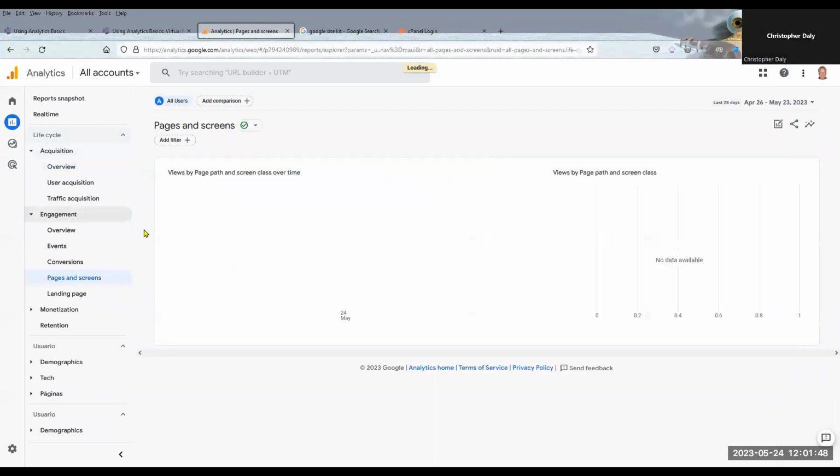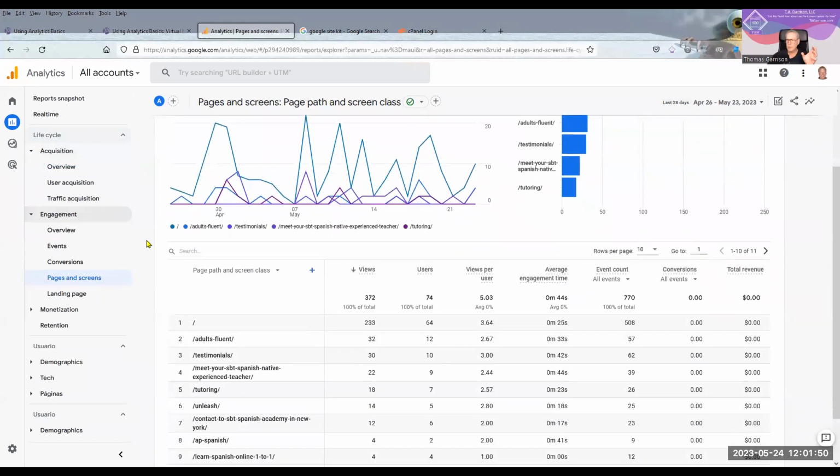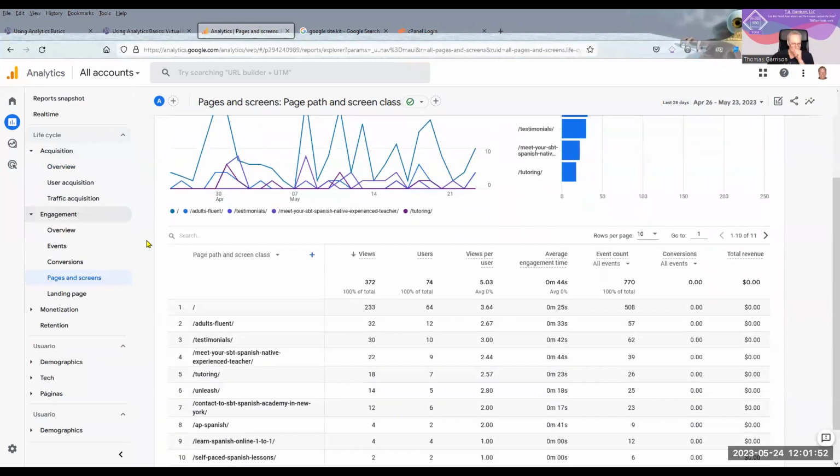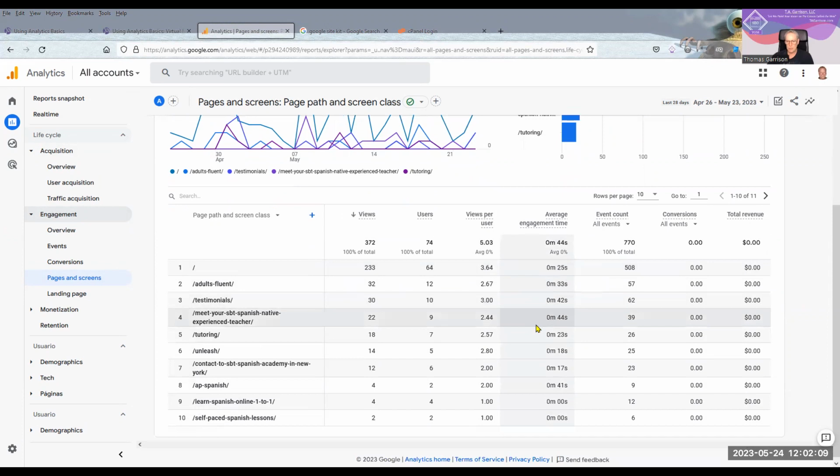So that's what bounce is all about. You're trying to figure out how long somebody was on the page. I'm going to put the camera on there. This is so much more comfortable. You want to know how long somebody was on the page so that you can see whether it was a bounce or not. Average engagement time is the time that you see here in seconds.